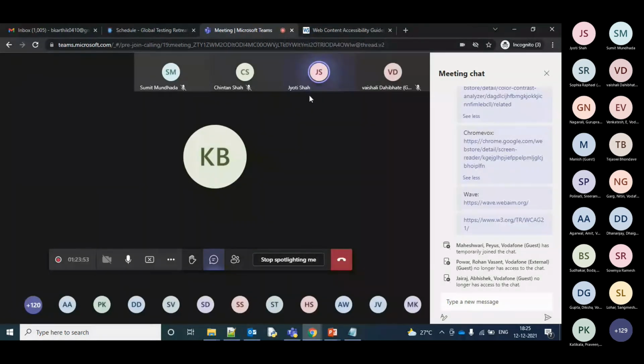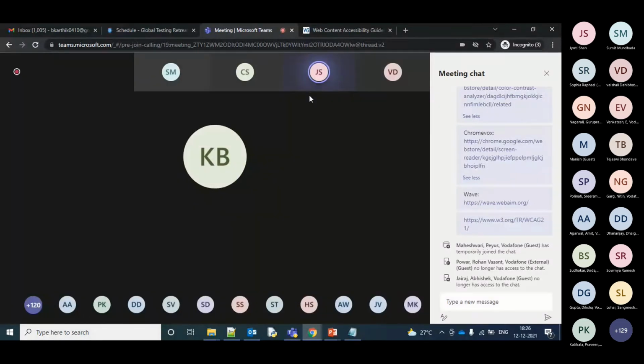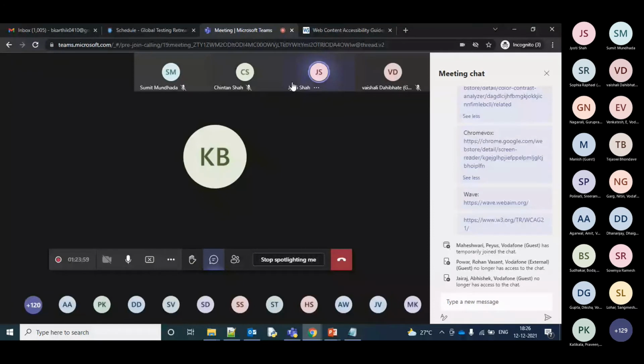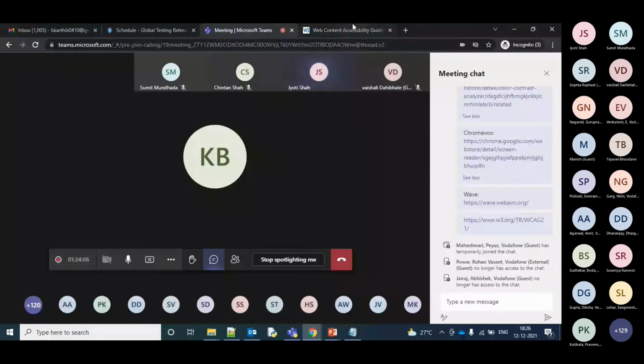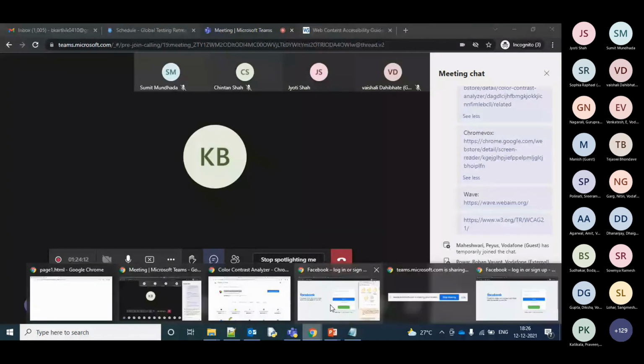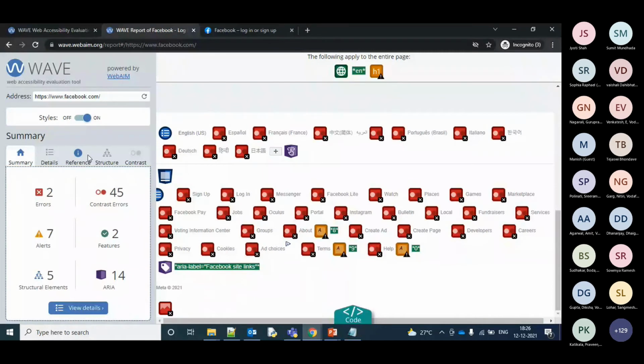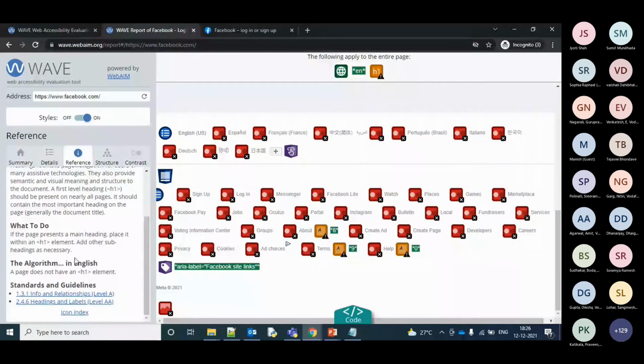If someone wants to share their screen and show it also, I'll be happy to describe if there are any new errors. And you can also see the guidelines next to it. Whenever you click on the error, go to the reference and you'll be able to see the guidelines. So no need to remember all these guidelines, we can pass or fail based upon these guidelines. But the major challenge is the coverage.